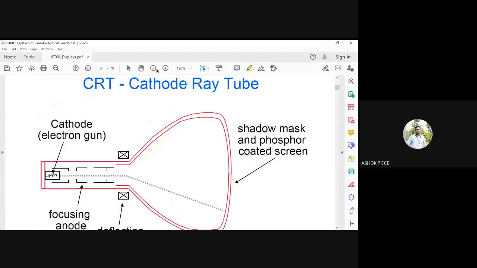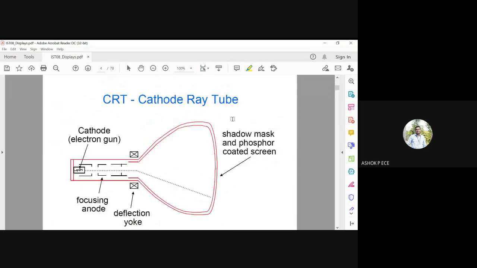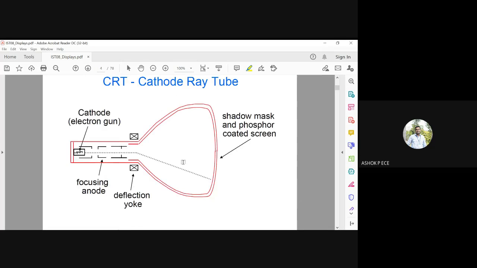Now let us see how a CRT functions. CRT is the basis for your display devices. In a CRT, you need a tube like this. That is why, even though your screen is in the front, the length of the device from the front to the back will be long because of all these components. Only through this mandatory length will it work. That is why all CRT systems are bulky to carry, and their length and width will be very large.